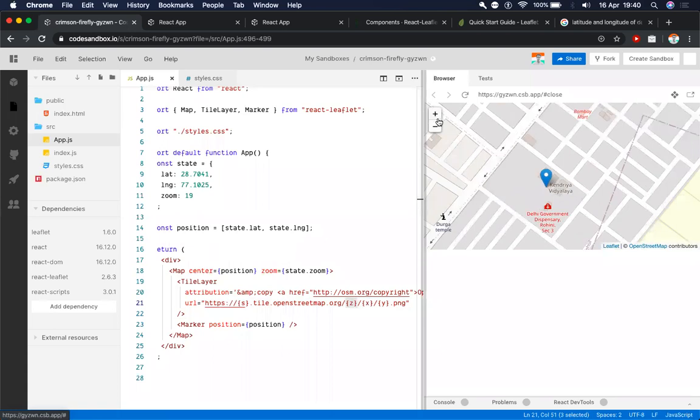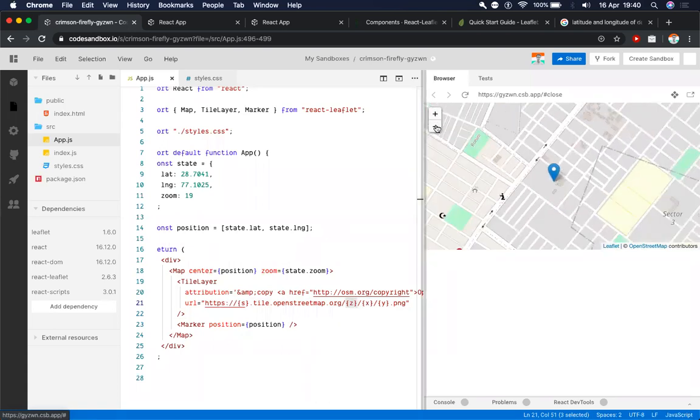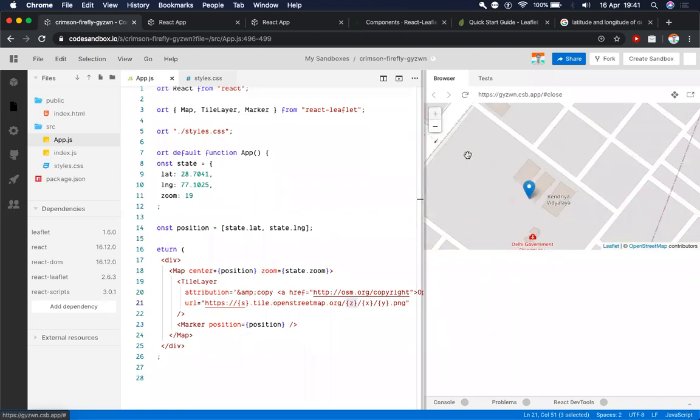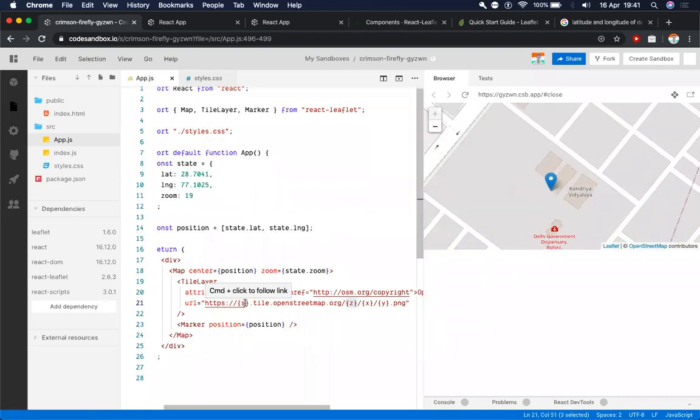For each zoom level, there are different maps. We see that when we are zooming out, new tile layers are being loaded in. That's basically what's happening. And S here is just the subdomain that OpenStreetMap is using according to whichever server has the lowest latency. I think they may be using it for load balancing, so that all the people loading their maps don't overload the servers. Are there any other doubts?